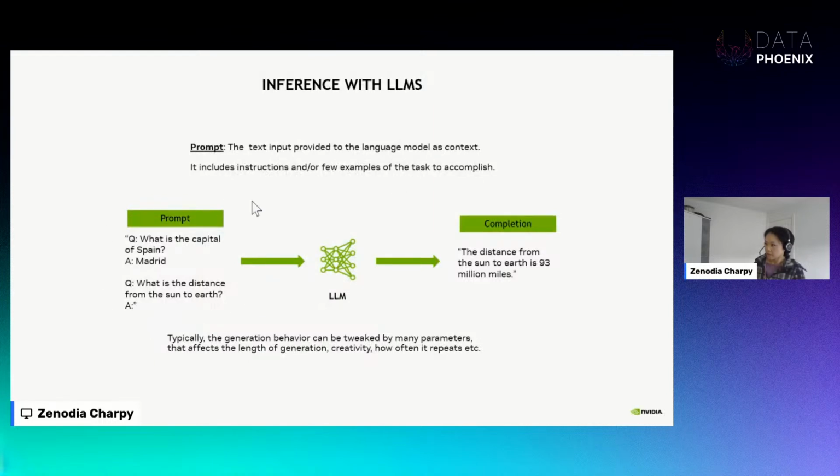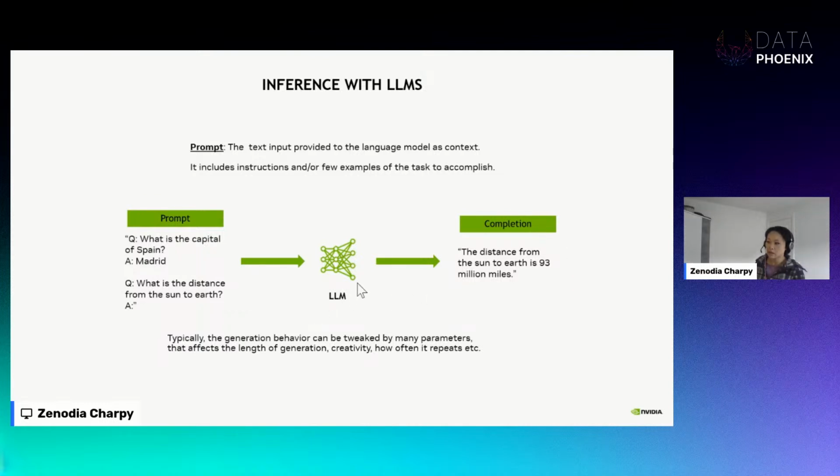And on the left-hand side, you can see this is a question and answer task. More specifically, it is a one-shot, as in it gives a question and answer pair. So that's one example, one shot of example. And then you ask the real question. Then this entirety of the input prompt will be passed through the large language model to get the response as completion.